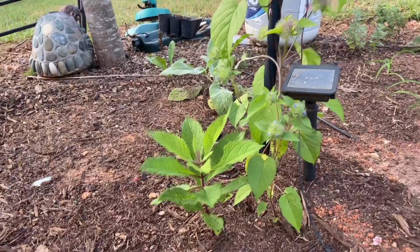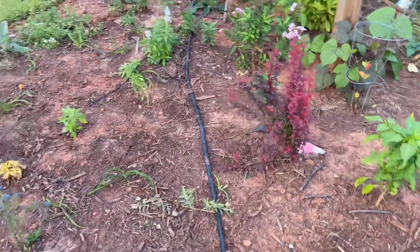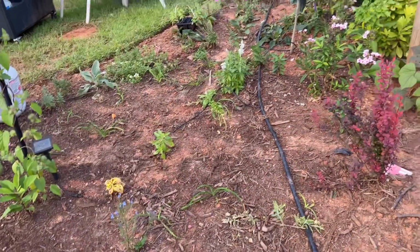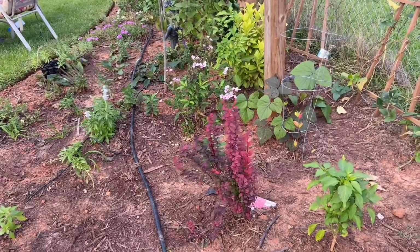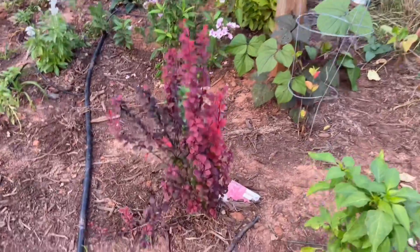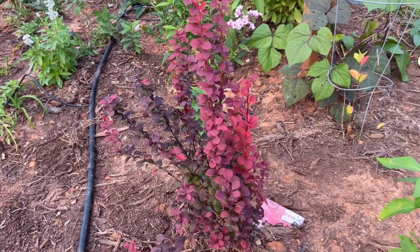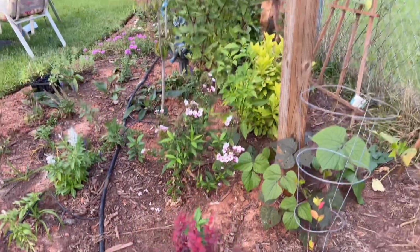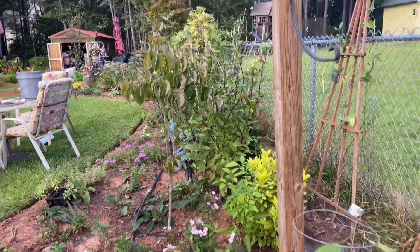And then under here we have those Joe Pye weed. I just planted that this spring, this summer, I guess. Then I got a couple of plants here. I got that red barberry. Oh, I like that color. It's so beautiful. And then